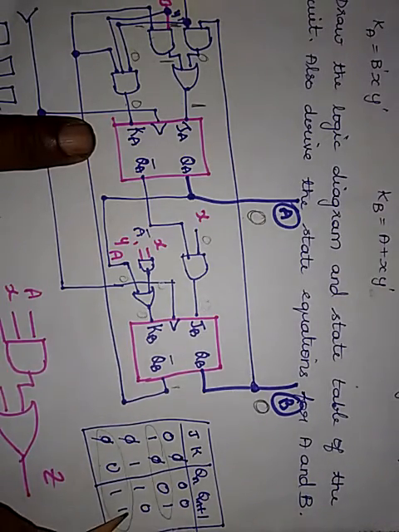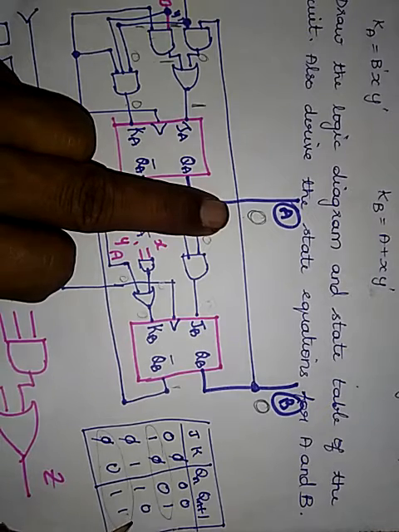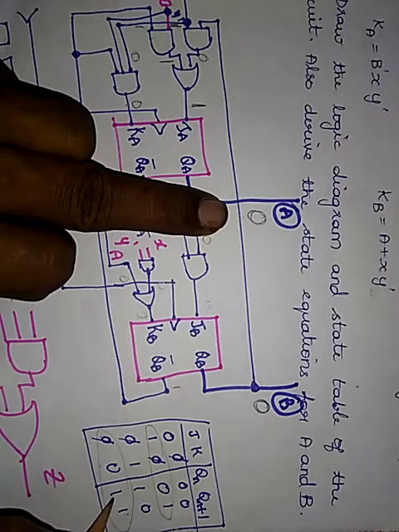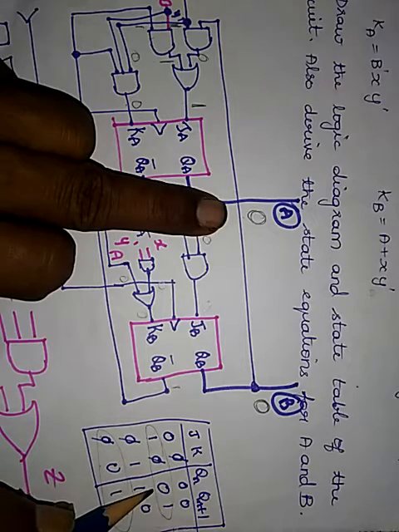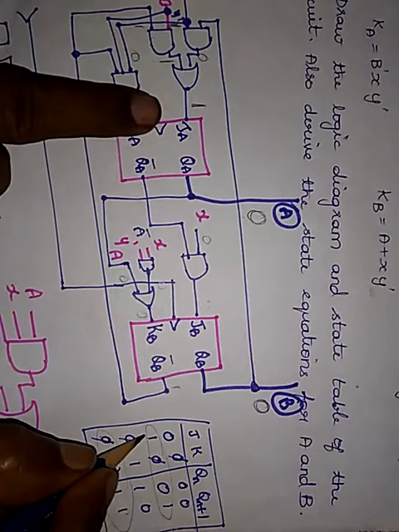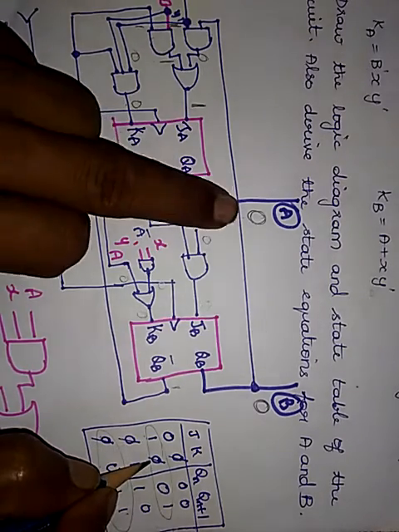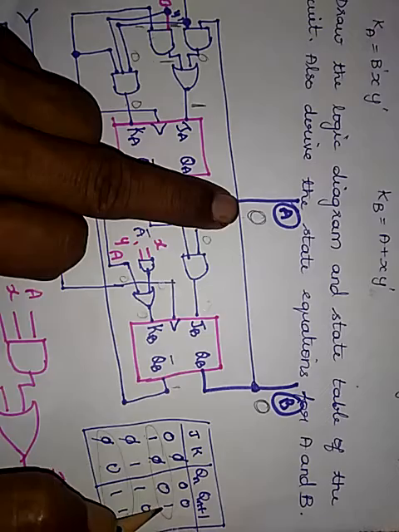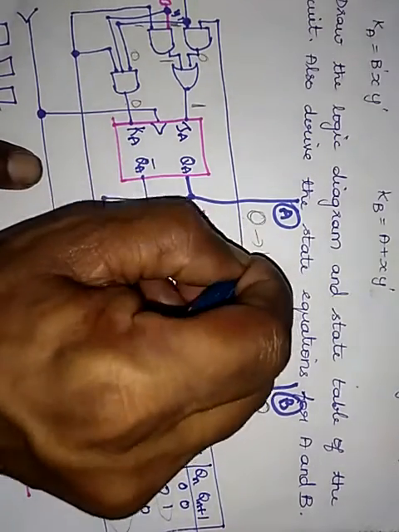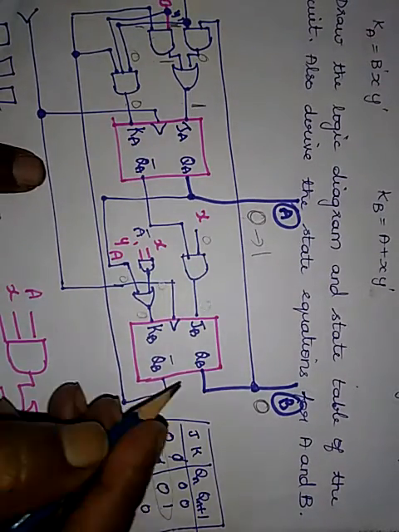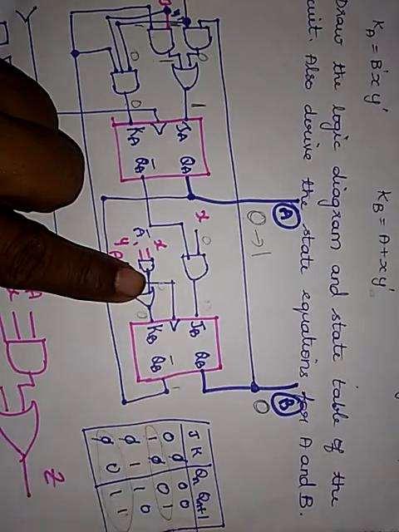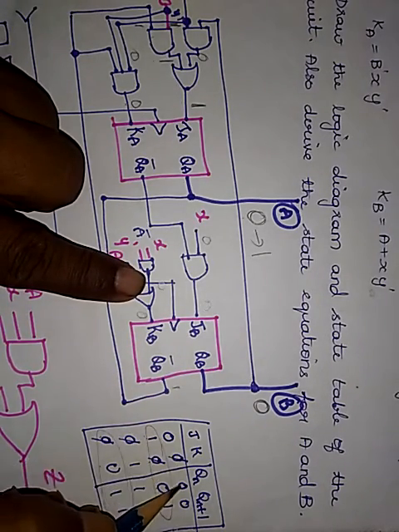But which one is correct? The present state is 0. So only the present state here it is 0. Present state here it is 1. So we cannot go for the fourth option. This is ruled out. So we have only the second option. So second option, if J input is 1, K input is 0, present state is 0, it goes to 1. So the next state will be 1. If J is equal to 0, K is equal to 0, this option, and present state is 0.